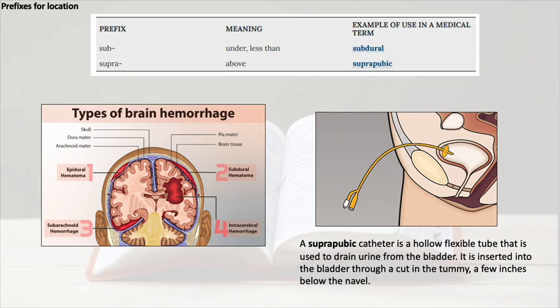So a subdural bleed will occur when blood collects between the dura mater and the surface of the brain. This usually happens when veins are torn. This could happen due to a fall, so a head injury, and blood will slowly accumulate in that space. The skull is a very hard and enclosed space, and there's not very much extra space within. Therefore, when blood builds up, this will increase what's called intracranial pressure, so the pressure within the cranium or the